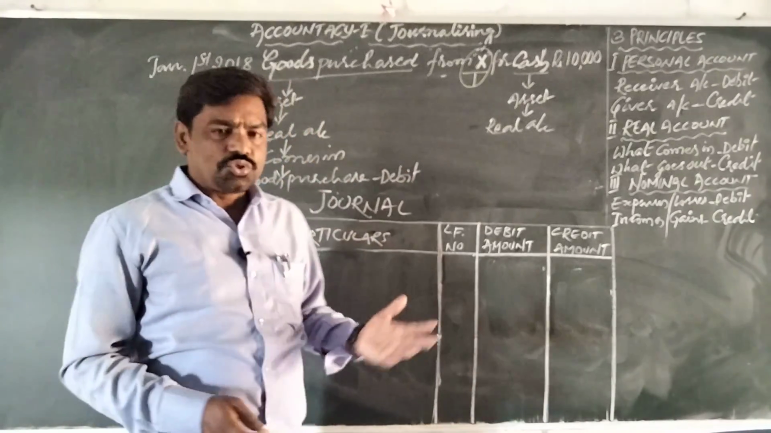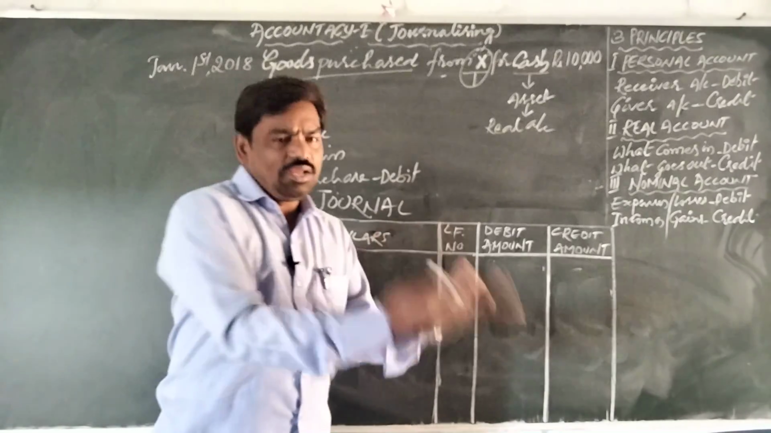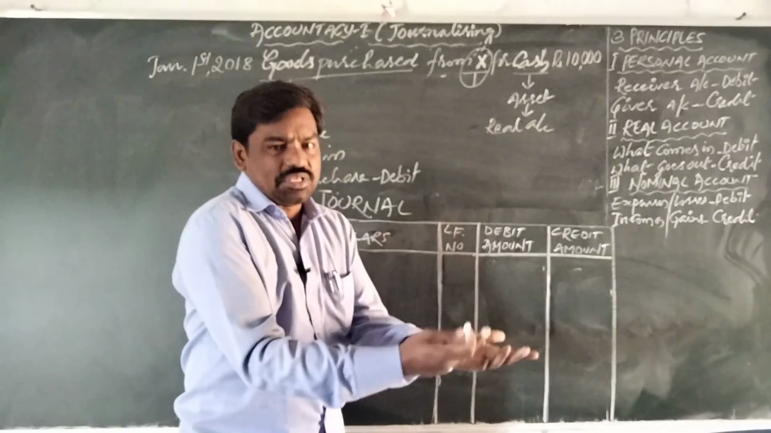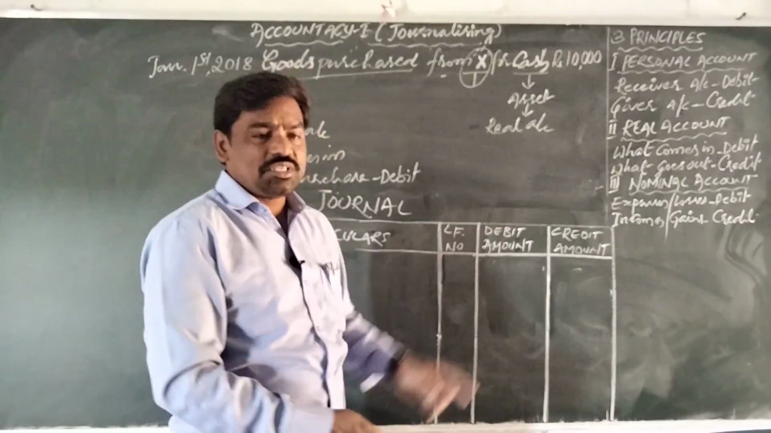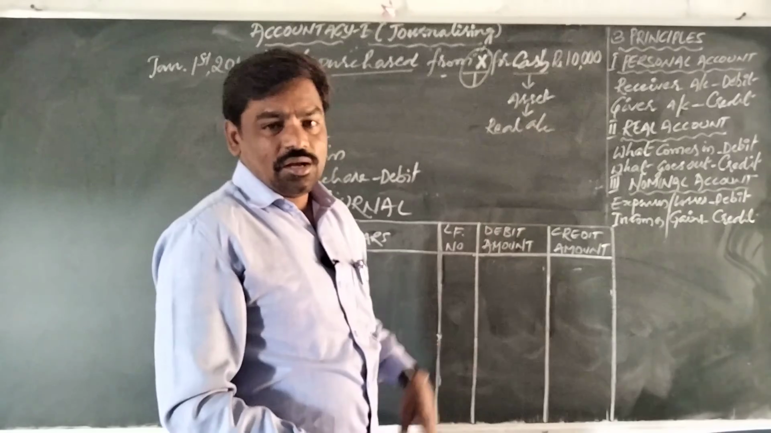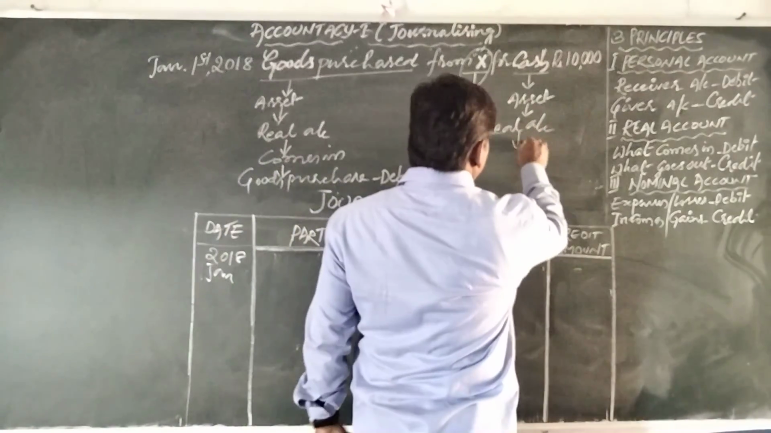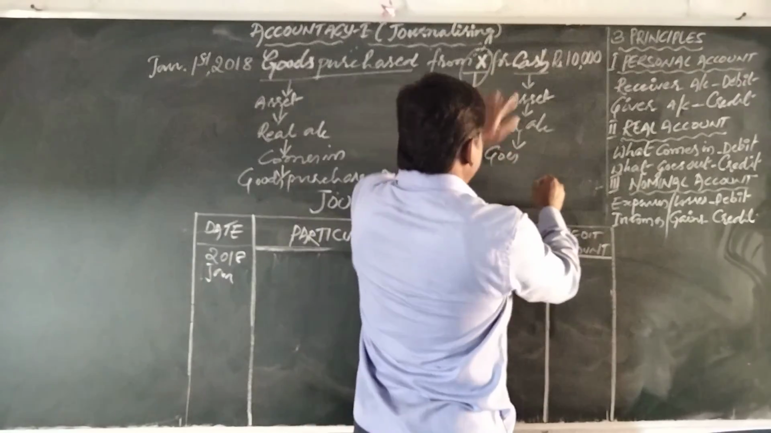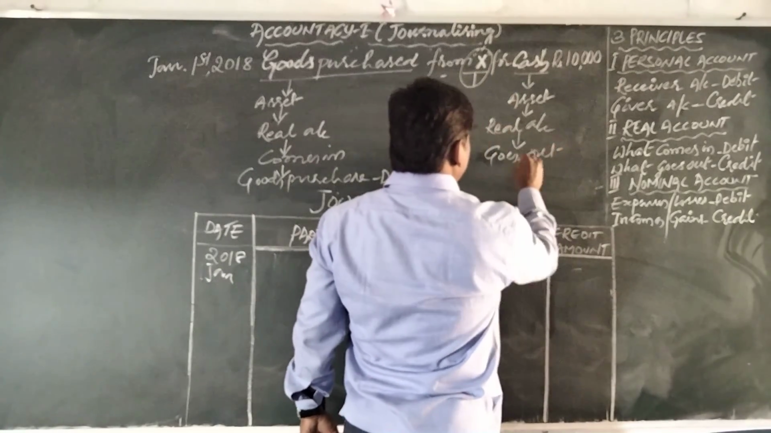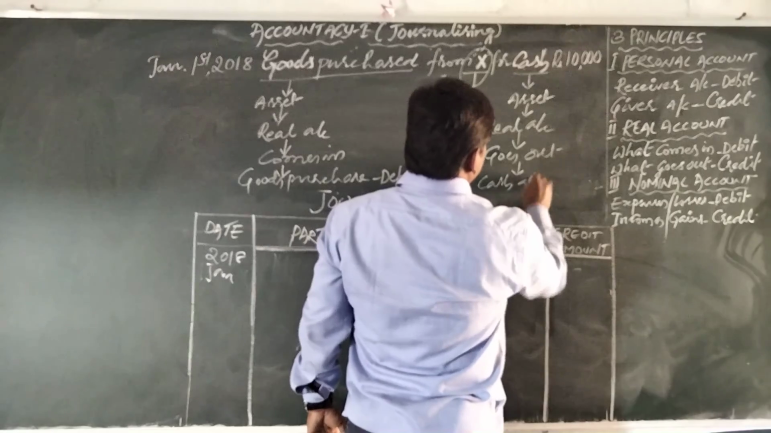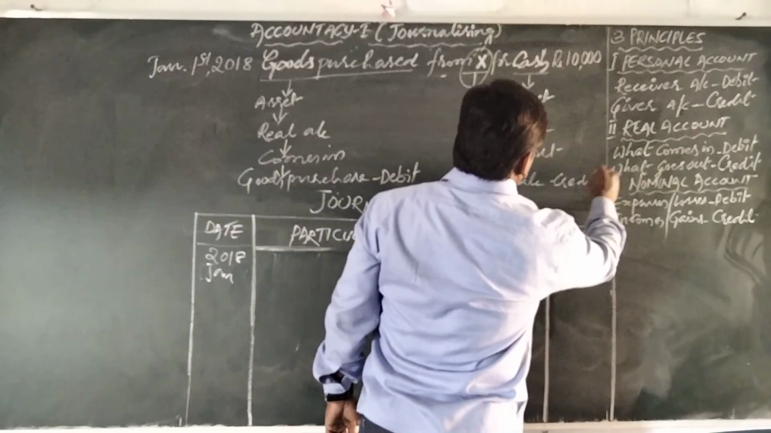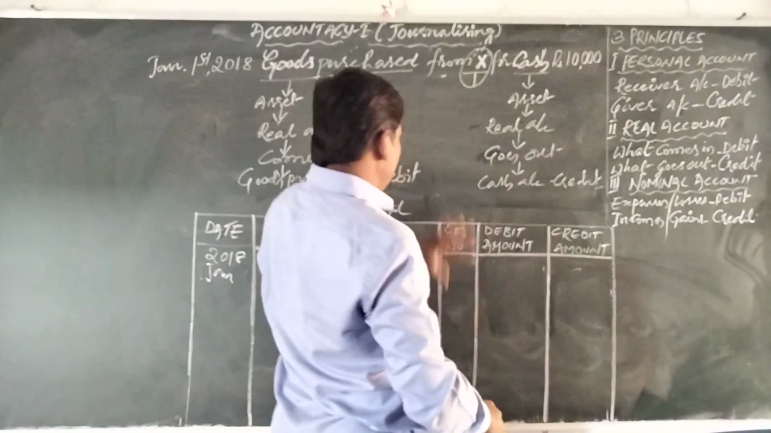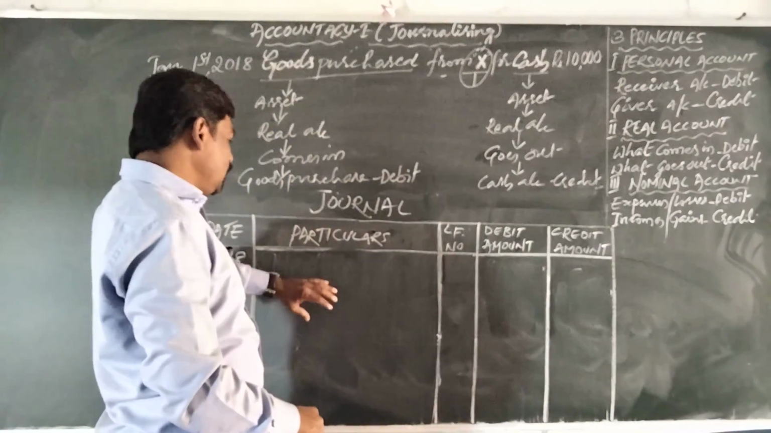So when you purchase the goods, generally we are receiving goods and giving cash. When we are paying cash, cash is going out of the business. Is it right? Whatever goes out of the business should be credited as per the real account principle. So here you write what goes out. What goes out here? That is cash. That should be credited. Cash account credit. After finding the debit account and credit account, we need to write a journal entry in the book